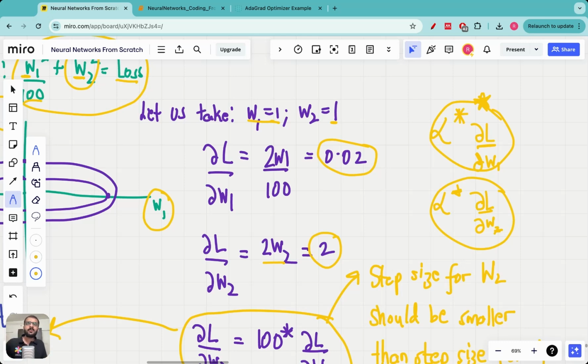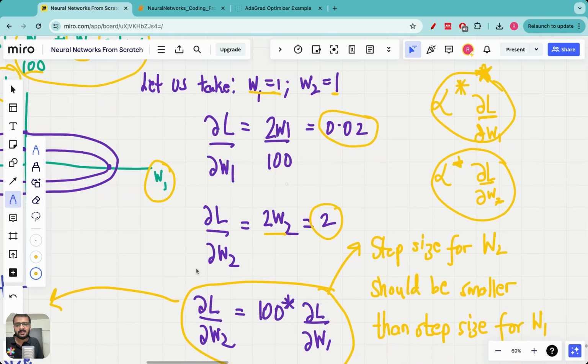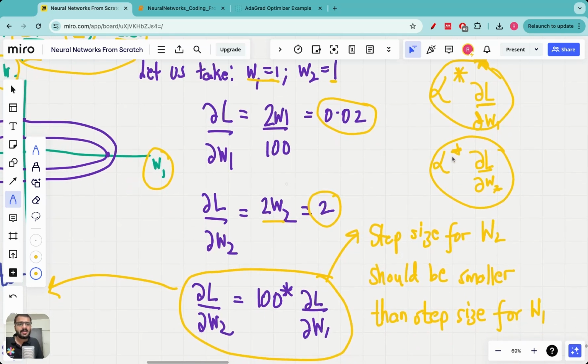We do not want one weight to be updating very very quickly, and we do not want the other weights to be not updating at all. If some weights are not updating, it means that that neuron is not contributing anything. It's like a dead neuron. Since we want all the neurons to be contributing, ideally what we want is that if partial derivative of L with respect to W2 is so high, then why don't we make the alpha associated with it